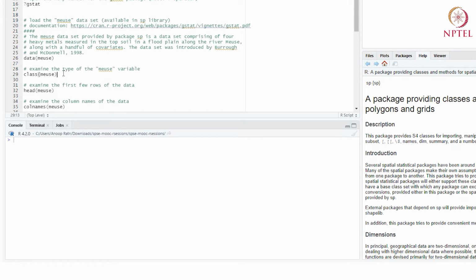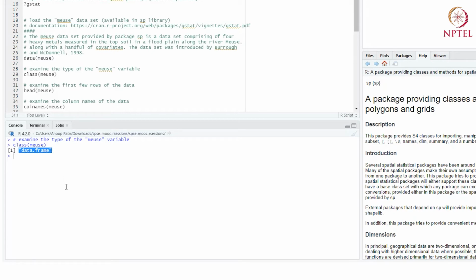Like I said before, some variables are numeric in nature, so they only store numbers. Some are literal and they store strings. So what is the type of this variable? We can know the type of any variable in R using the class command. If we run this, it tells you that meuse is a data frame.